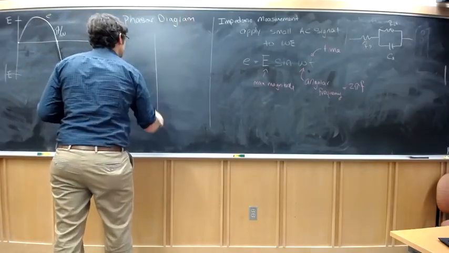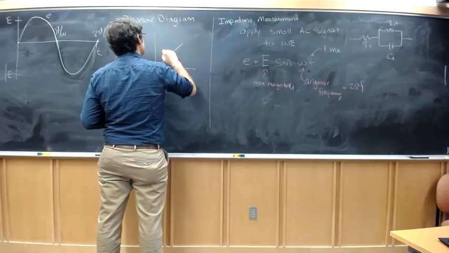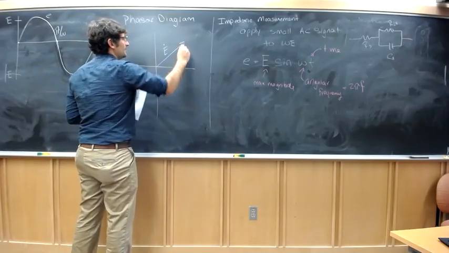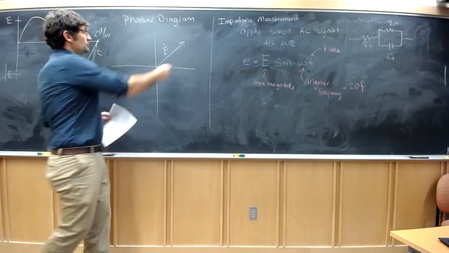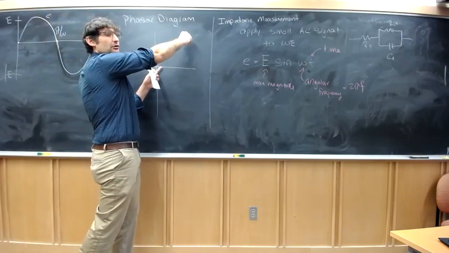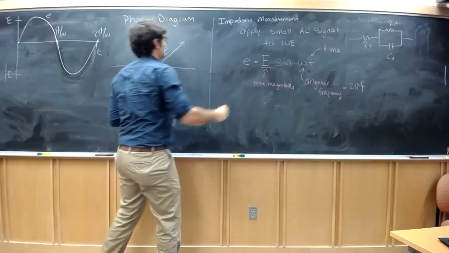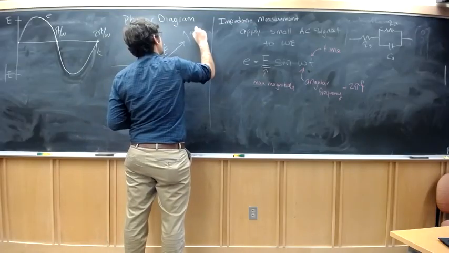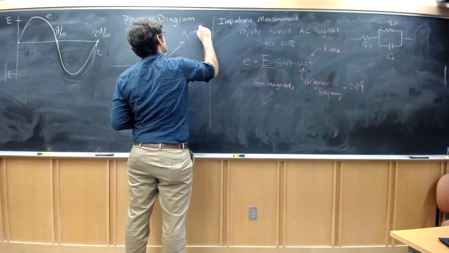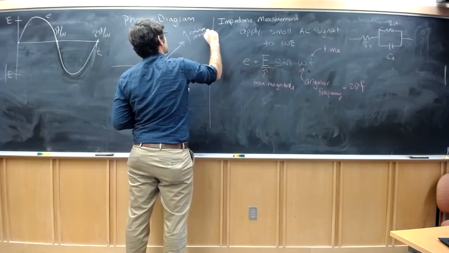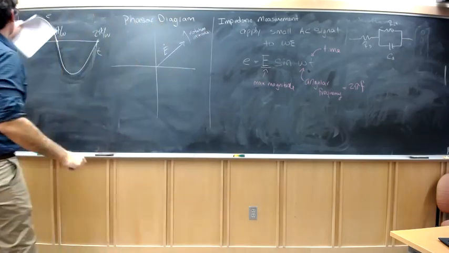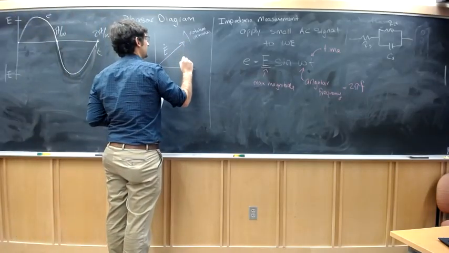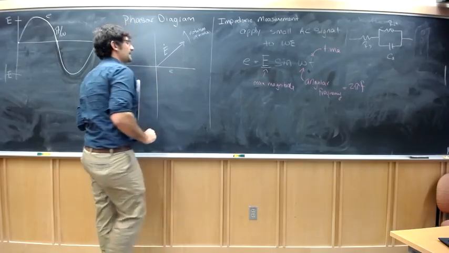I can think about a vector E. We're going to call that E dot. The dot represents it's a vector. And that vector is rotating. It has length E, right? It has total length E. And it's rotating. And the rotation in time tells you where we are on this sine wave diagram, because we can take E to be the x component